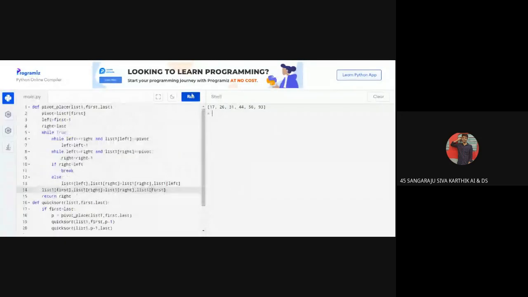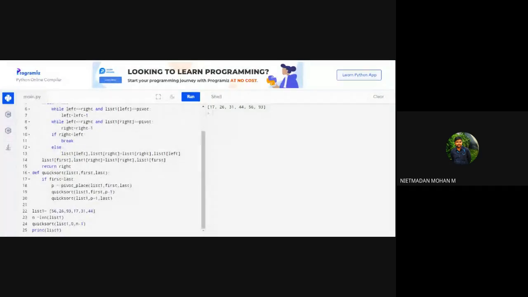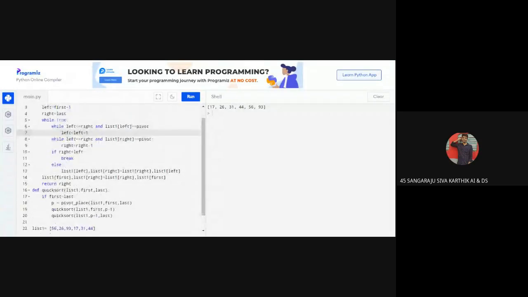Likewise, one thing: if you want to consider left as my pivot, just scroll down for the last. The def quicksort(list1, first, last) is there, right? After that you are checking the condition, and after that three statements will be your recursive function.